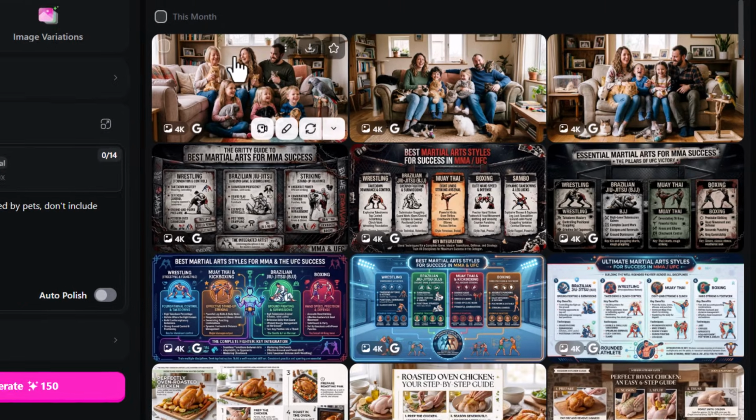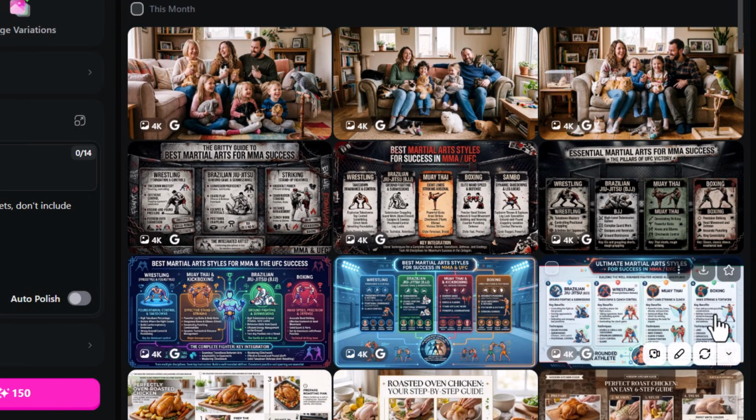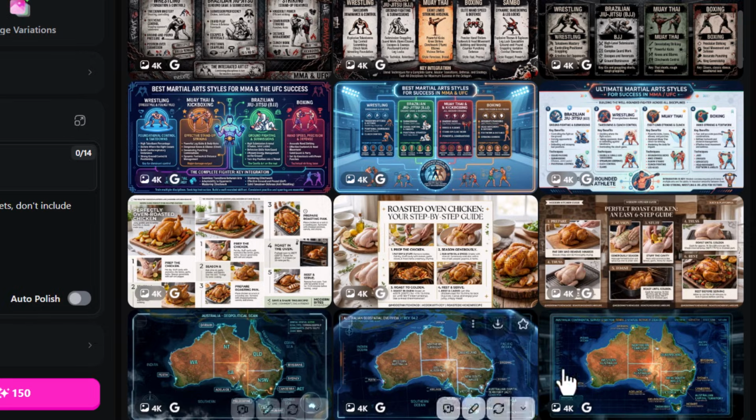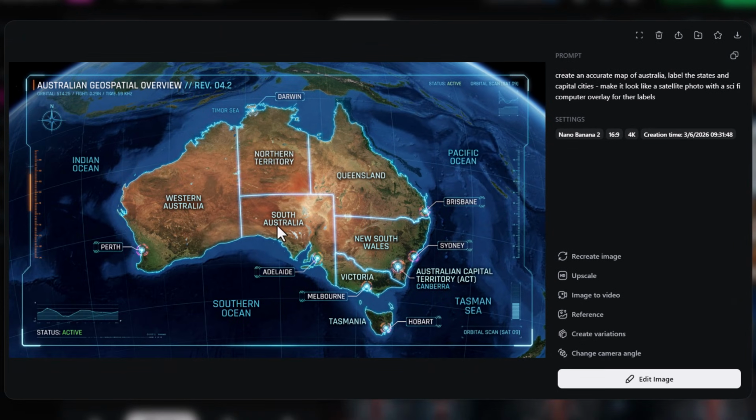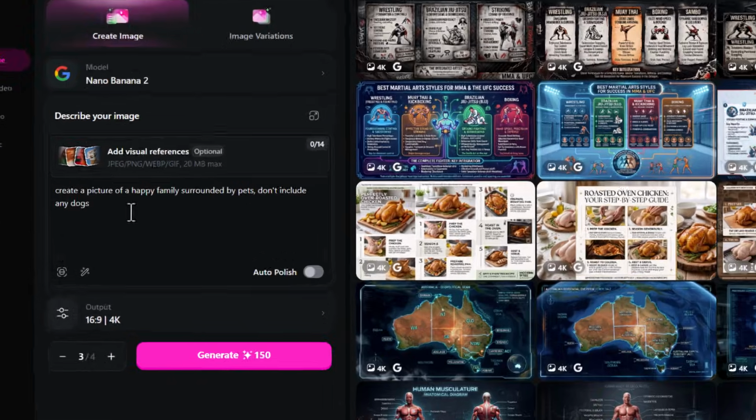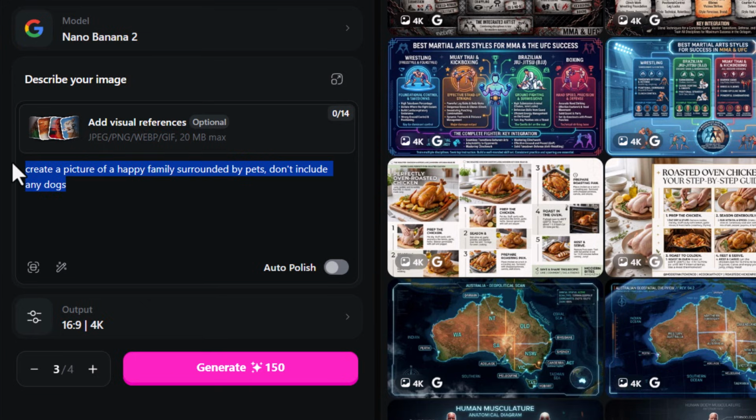Now this is further proven by what we've seen in the infographics over here, where we haven't asked for the information, but it's actually been looked up, including this map of Australia. It has already looked up the various different states, the locations of each city, and I haven't mentioned those in the prompt. But if I come over and get a little bit more cryptic with my prompt, I could say something like,